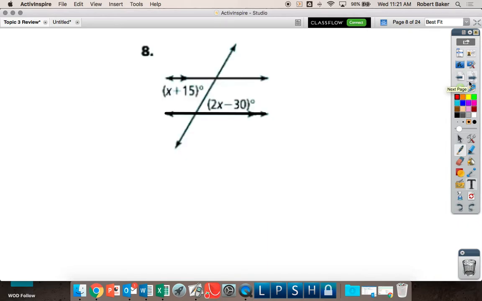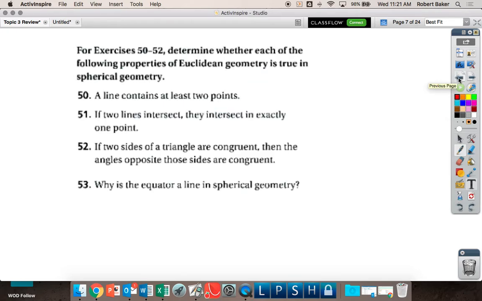Do you want to know the answers to that? I gave up. So, the most important thing in spherical geometry